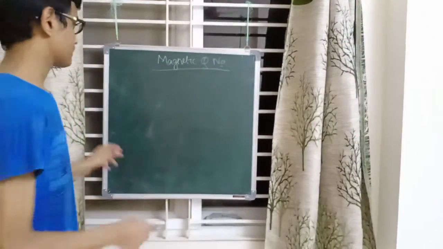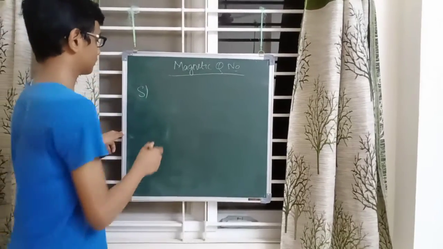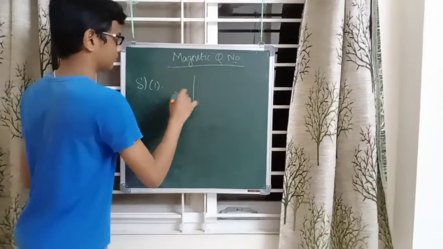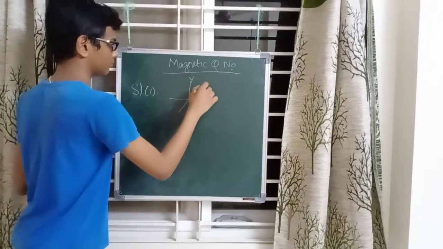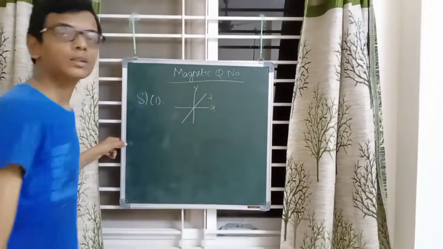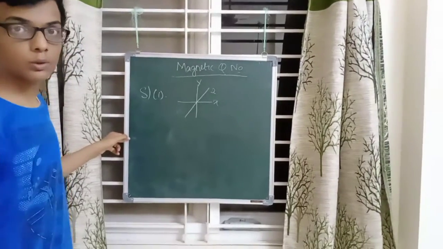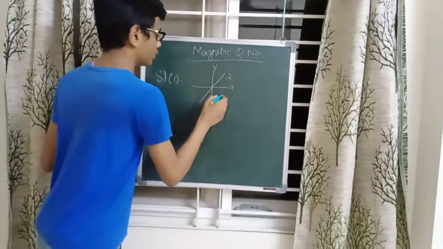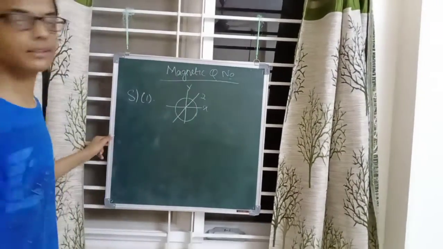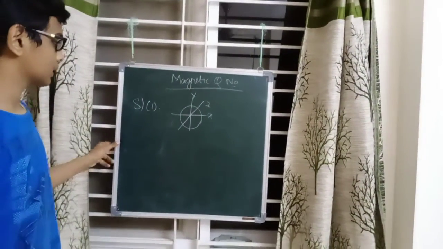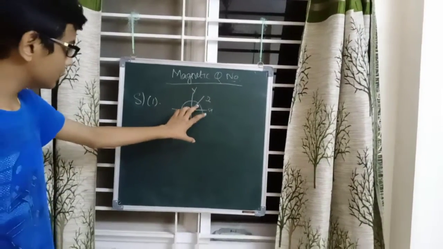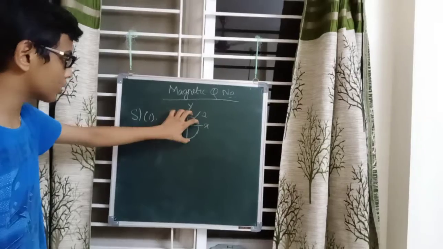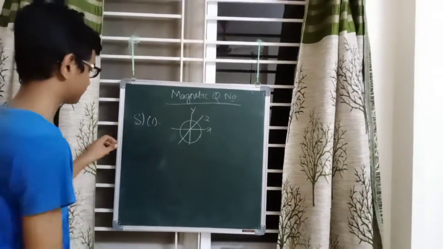Starting with S. As discussed, it has only one value. I am going to represent the X, Y, Z axes, only 3 axes because there are only 3 dimensions. It looks like this in shape. It is a circular region. In this region, the electron is most likely to be found. The space orientation of the electron is most likely to be found here.